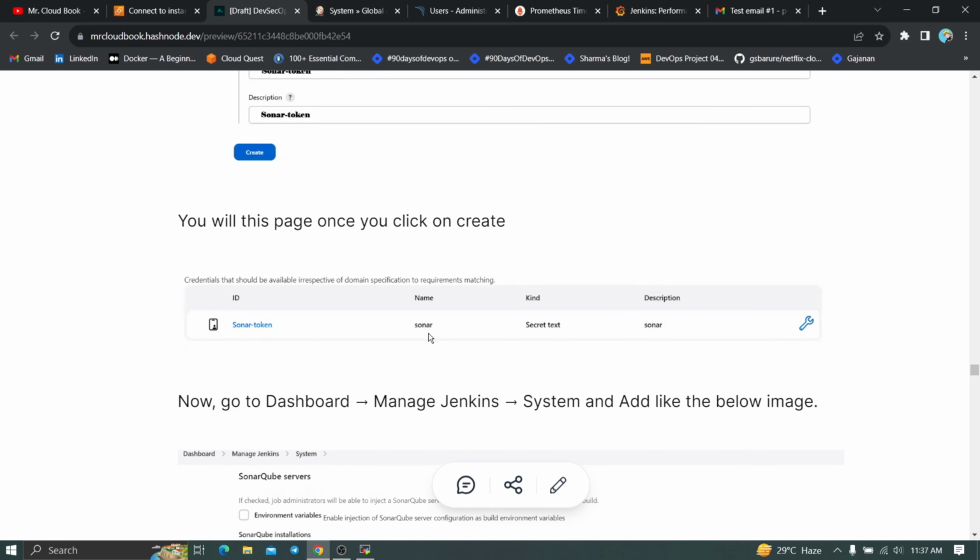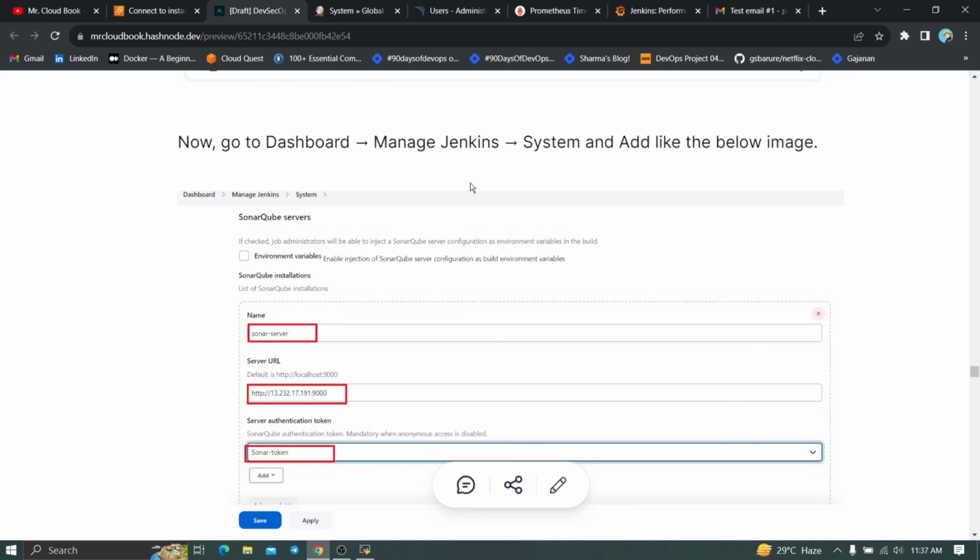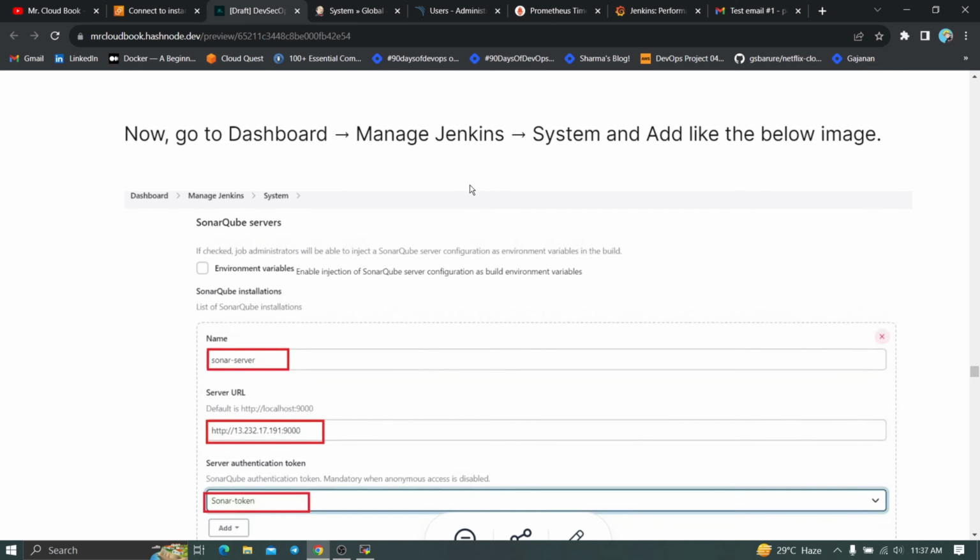You will see this output. So this is also done. We have to add this particular Sonar dashboard in the manage Jenkins. Let me zoom it once. Okay,